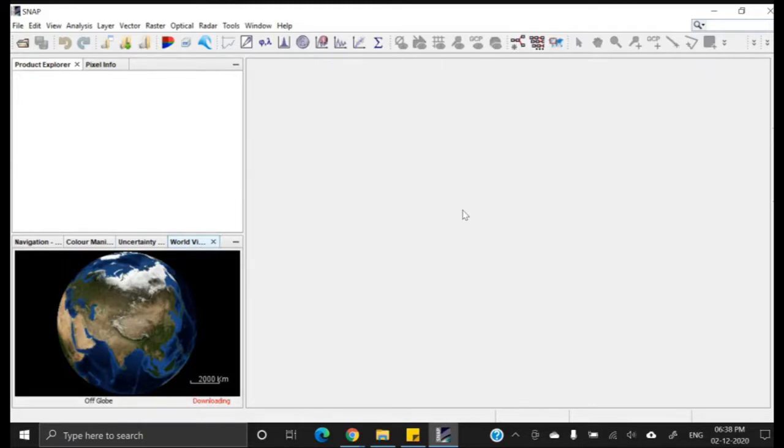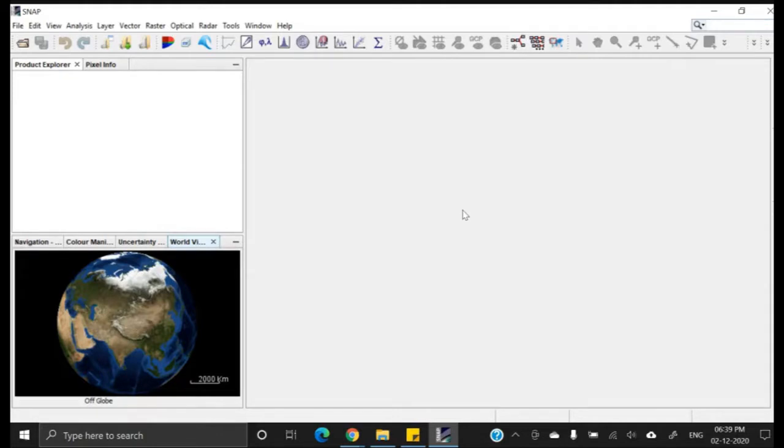First of all, see, the Snap software was initially developed by the European Space Agency for the processing of Sentinel-1A data and Sentinel-1B data. And later, this software has extended its facilities to process all of the European Space Agency satellites.